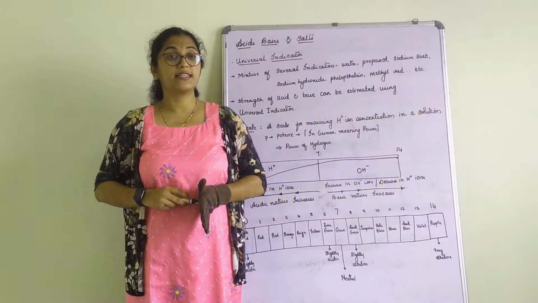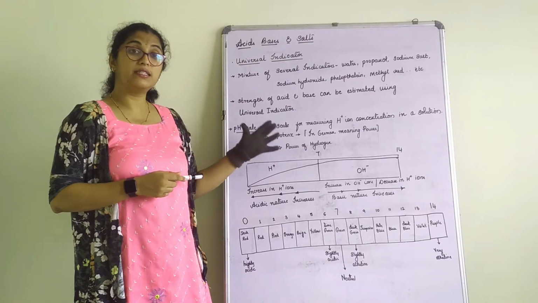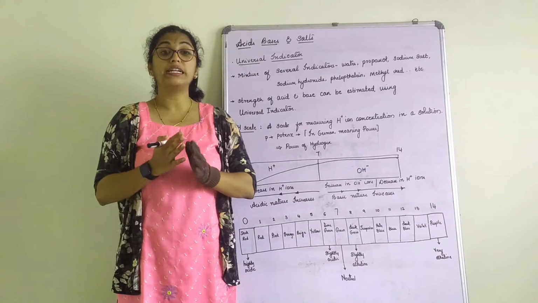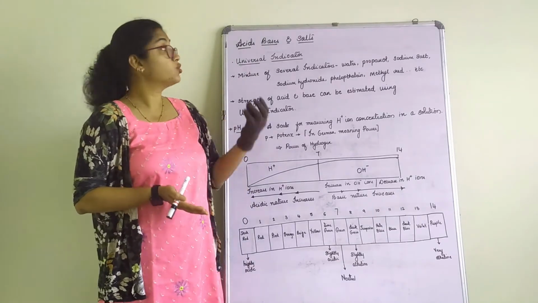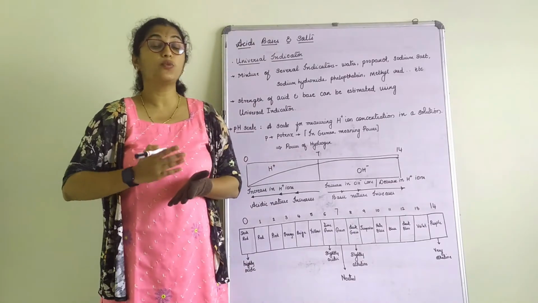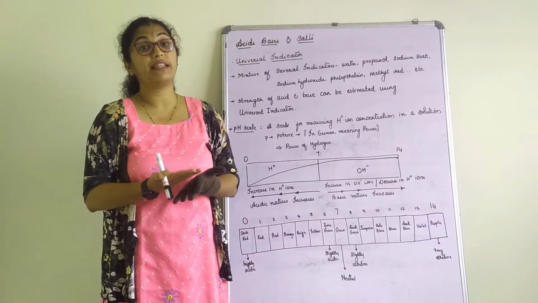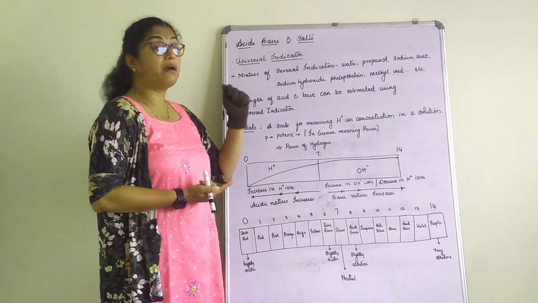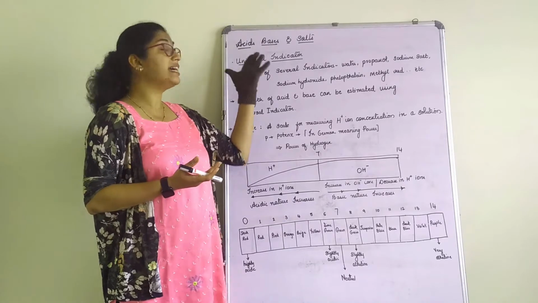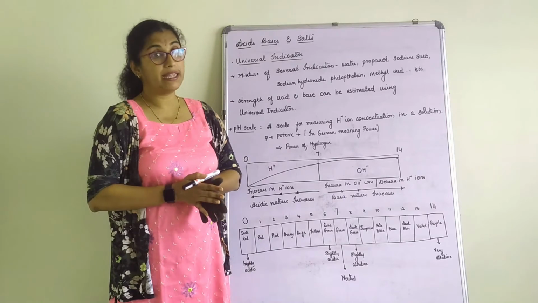Good morning. We will start session 6 on the chapter Acids, Bases and Salts. Till now, in the previous class, we understood what acids are, what bases are, and what their physical and chemical properties are. In chemical properties we understood what happens when acids and bases react with different metals, what happens when an acid and a base react to form a neutralization reaction, what happens when an acid reacts with a metal carbonate or metal bicarbonate, as well as when acids and bases react with metal oxides and non-metallic oxides.